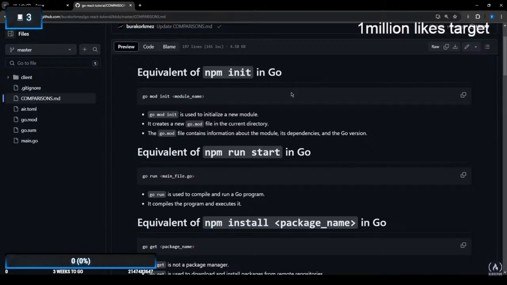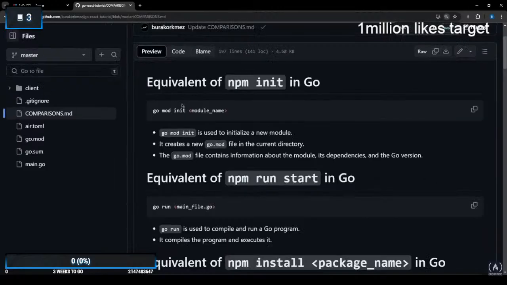So in Node.js, when you start to create a new project, you would say npm init, which will give you a package.json file. And the equivalent of that, I'll just zoom in a little bit, in Go is going to be go mod init. And